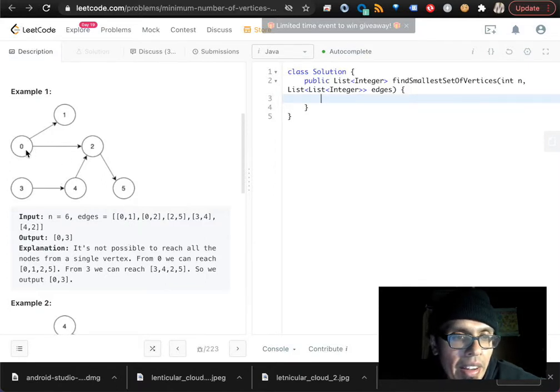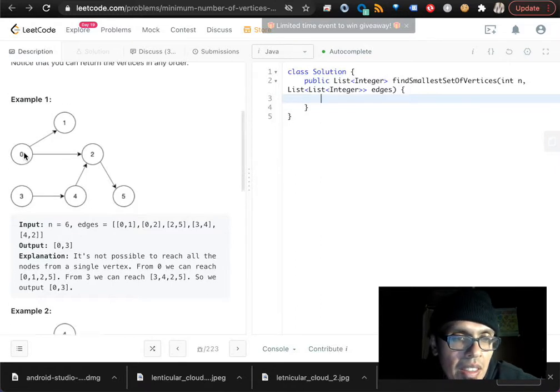So you have an edge from 0 to 1, from 0 to 2, from 2 to 5, from 4 to 2, which is this edge, and from 3 to 4. So basically, we need the minimum number of nodes that you need to start at in order to traverse the graph. So basically,